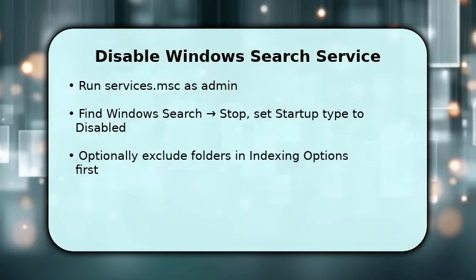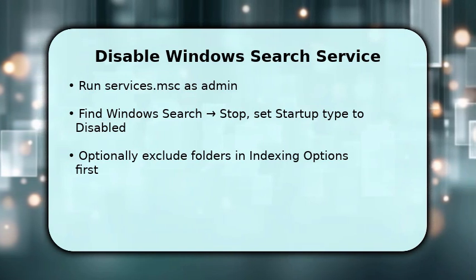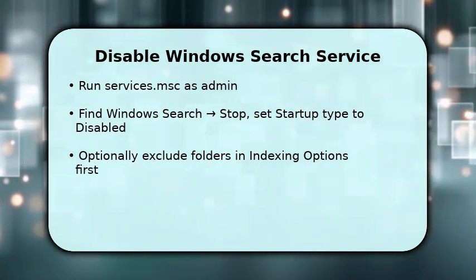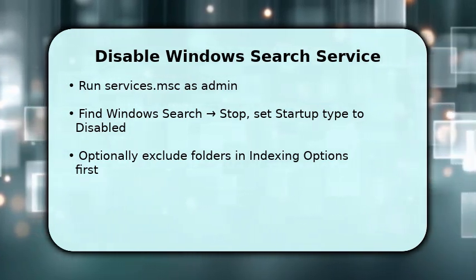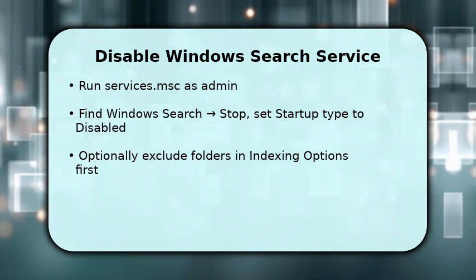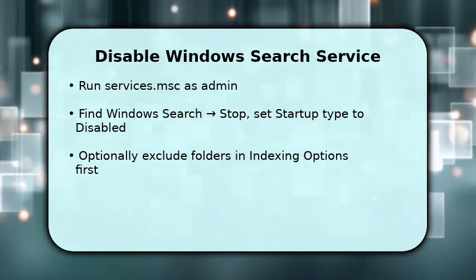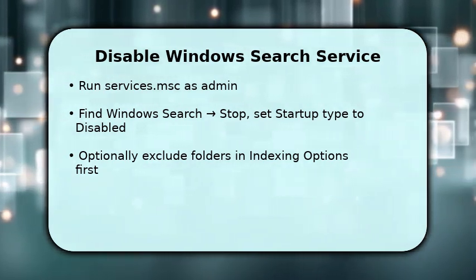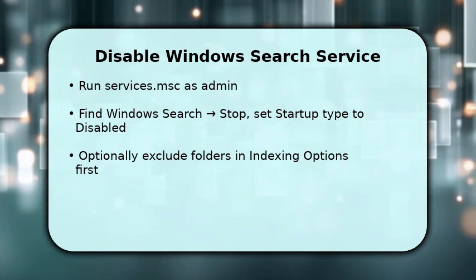Now you'll stop the service itself to turn off indexing system-wide. Press Windows plus R, type services.msc, and press Enter. In Services, find Windows Search, right-click, choose Stop, then double-click and set Startup Type to Disabled to prevent it from